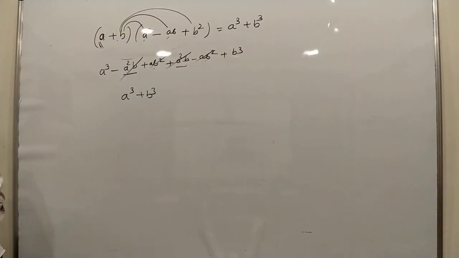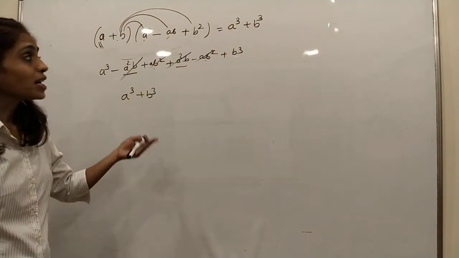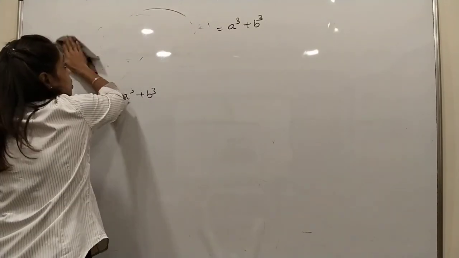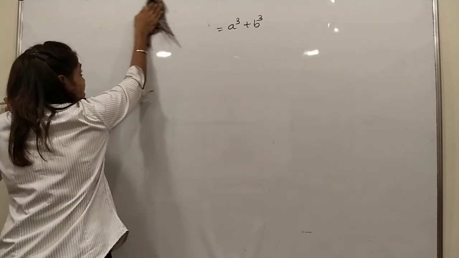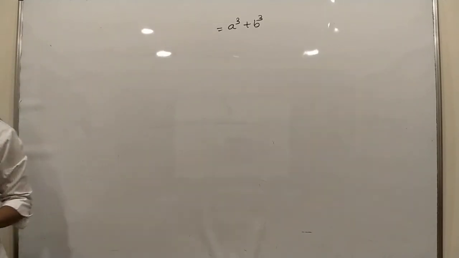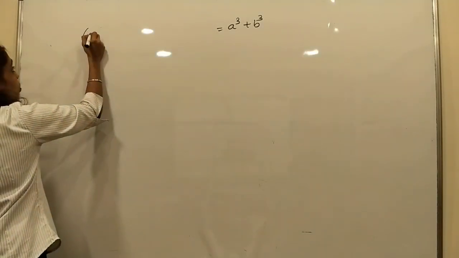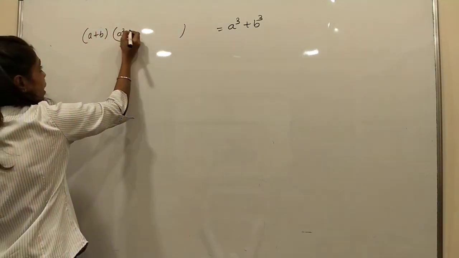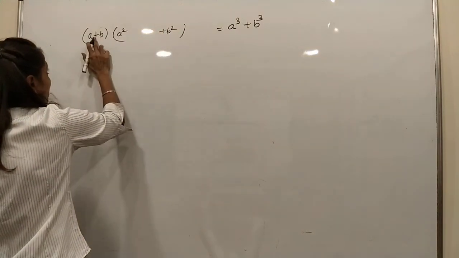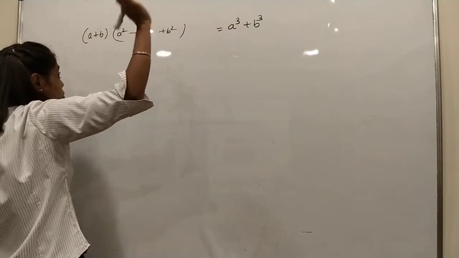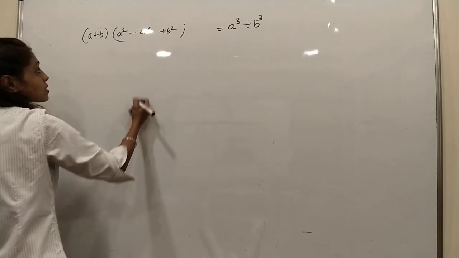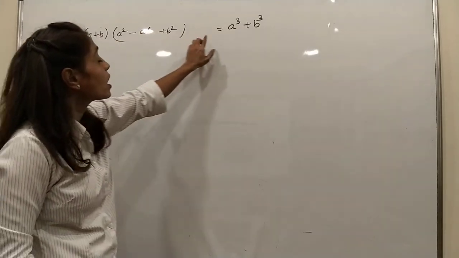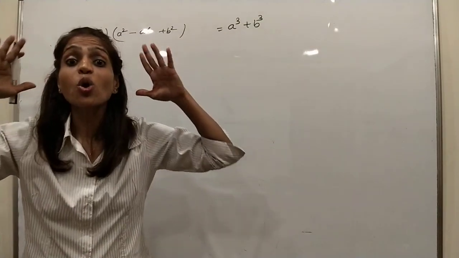But who will do lots of effort? Directly if it is like this, then that is the answer. That is the formula. Got it? What is the formula? Compulsory two brackets. Here two brackets: a plus b, and the other bracket has the square of this plus the square of this. Here there is plus, so minus, not 2ab, just ab. Then this is the formula for a cube plus b cube, not whole cube.